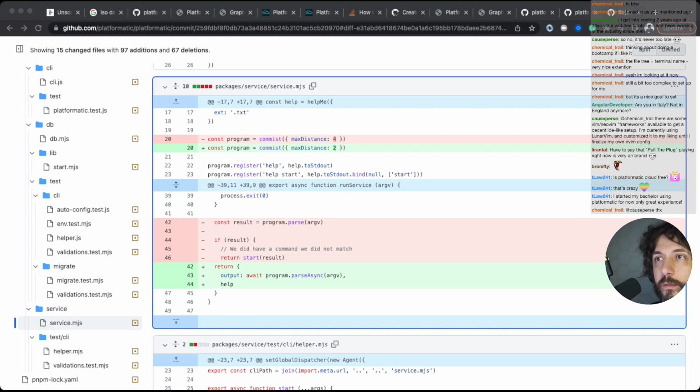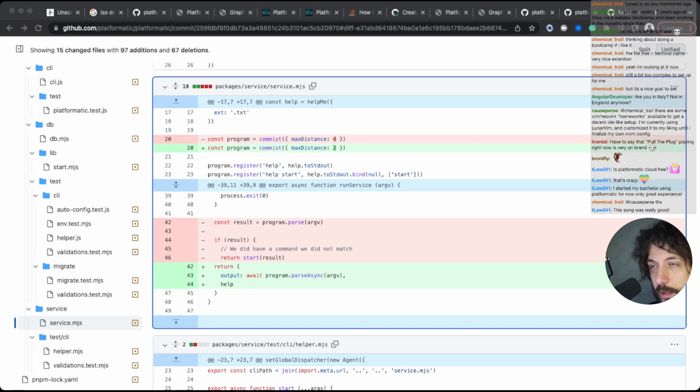Start. And I need to add split. Import split from split2. And npm add split2 undici save dev.